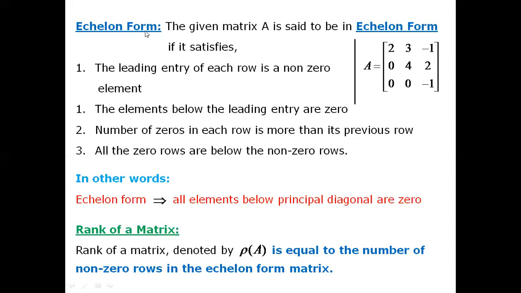That means we can reduce the given matrix to echelon form by applying the row transformations, which we already know. We can bring it to this form, and after that, we can count how many non-zero rows we have in that matrix. That number of non-zero rows is the rank. So let us understand this concept in detail by solving some problems. Let us start with the first problem. Find the rank of the matrix A equal to [1, 2, 3; 2, 2, 3; 5, 1, 1; 3, 4].